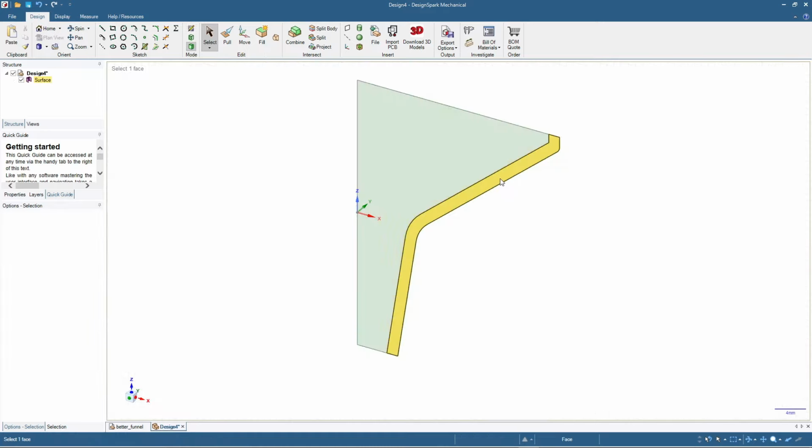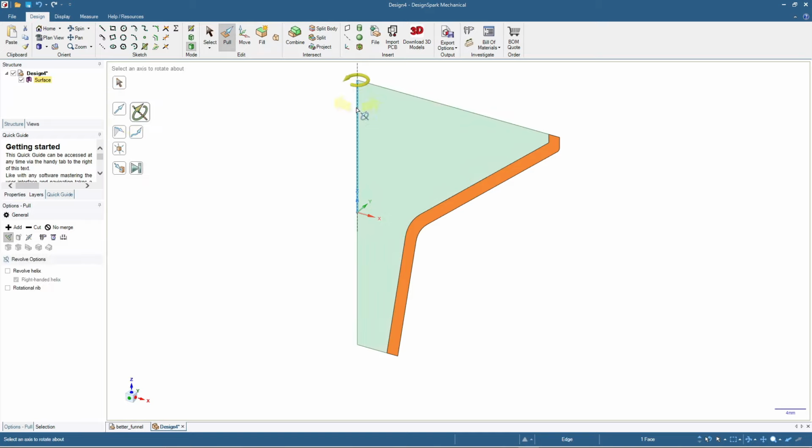Now I have this surface, and then we have this line as the axis. So now we will click here, and then we will click this one, pull. Okay, and then we will click this one, revolve, and then we will click here for the axis. Okay, and then we will click this one, add,